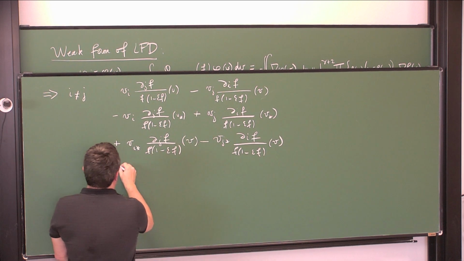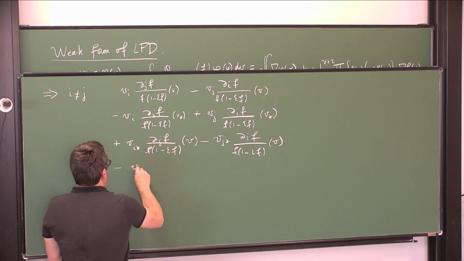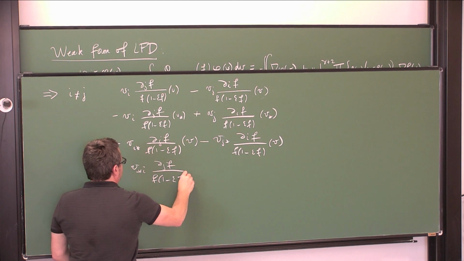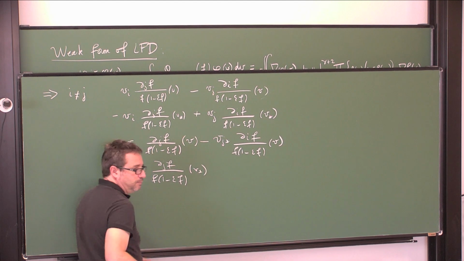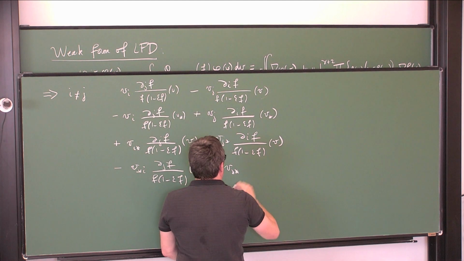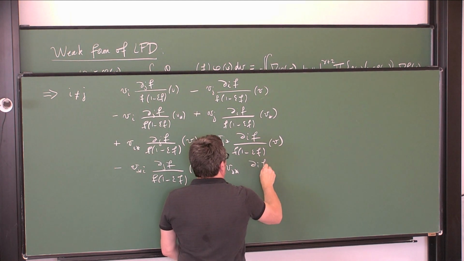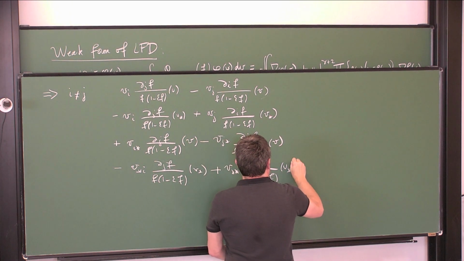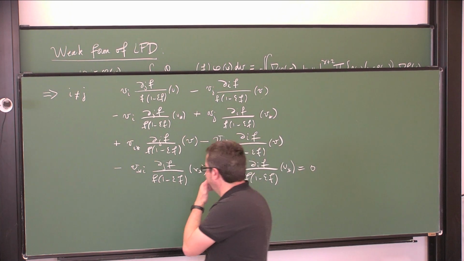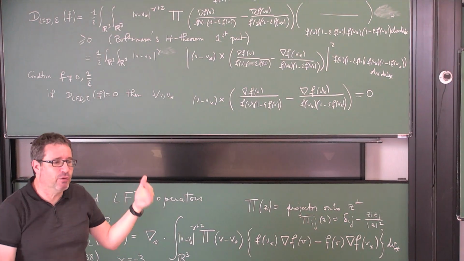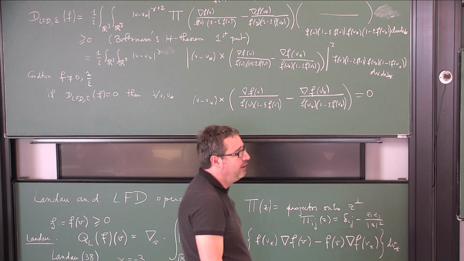And finally, terms of the same kind, but in which you have only v star. It looks like a lot of terms, 8 of them. And the traditional proof, the one which is taken directly from the work of Boltzmann, consists in